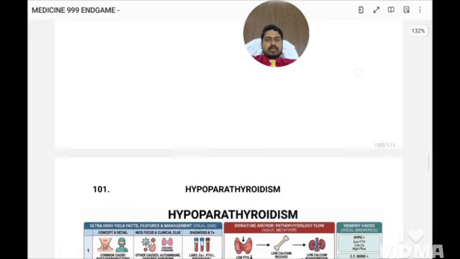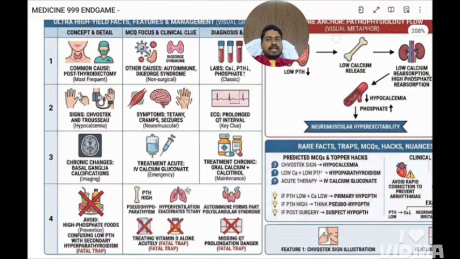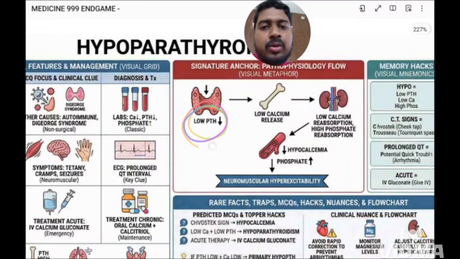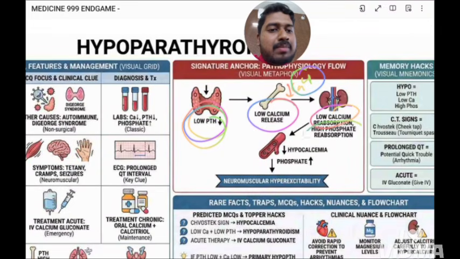Yes, so we'll go to the next topic, that is hypoparathyroidism. Earlier we had seen hyperparathyroidism, and now we'll be seeing hypoparathyroidism. So basically in hypoparathyroidism there is low PTH, low calcium levels, low calcium reabsorption but high phosphate